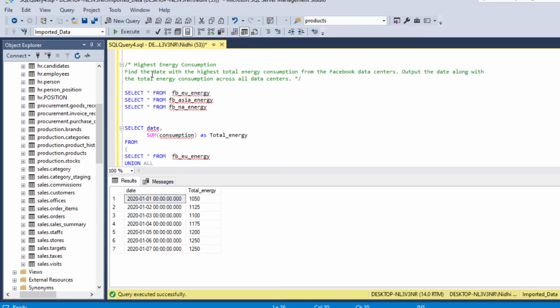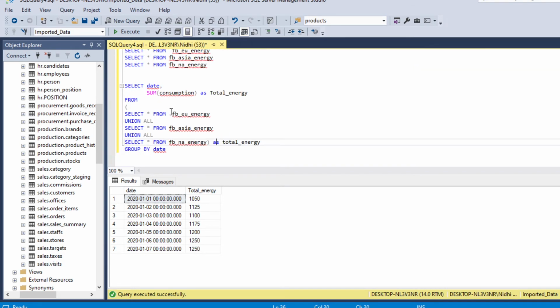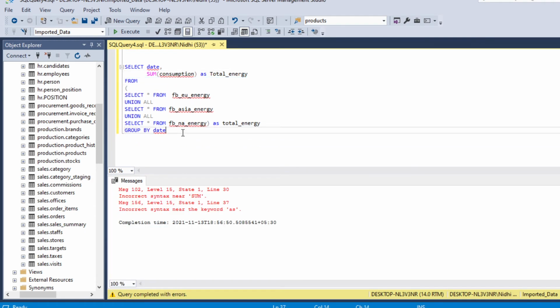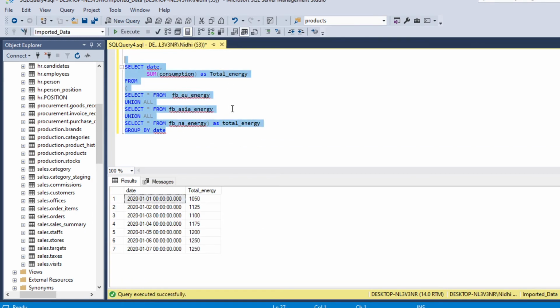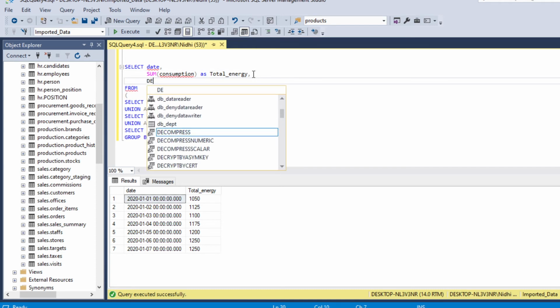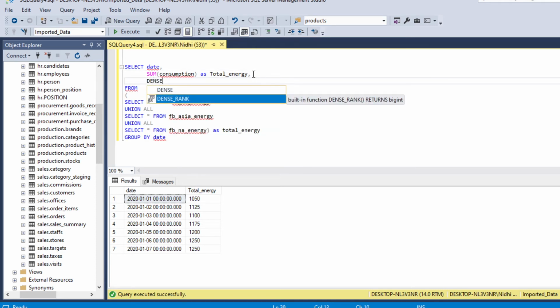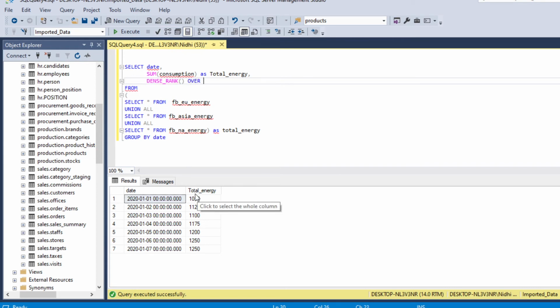Now we have got total energy by date. Now we need to find the date with the highest total energy. The highest total energy is 1250. For that we can use the dense rank function here. So dense rank over, so we need to give rank to our total energy.